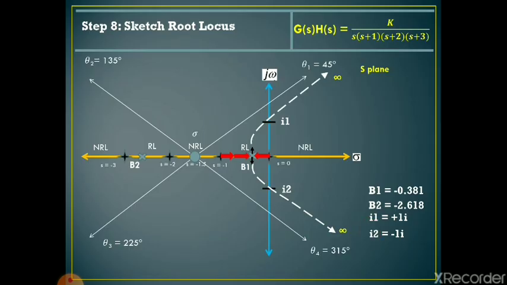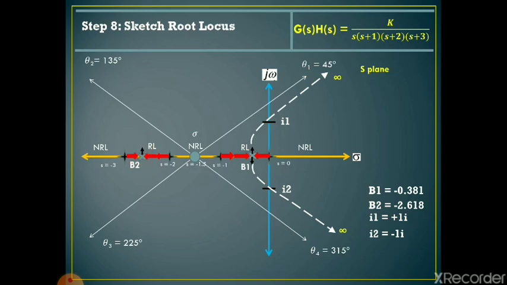Now similarly we have a pole at s is equal to minus 2. It will move towards the left, it cannot move towards the right because it is a no root locus region. And how far it will move? Until the breakaway point. Similarly we have a pole at s is equal to minus 3. It will move towards the right, and both of them will meet at breakaway point B2, and then again one of the branches will